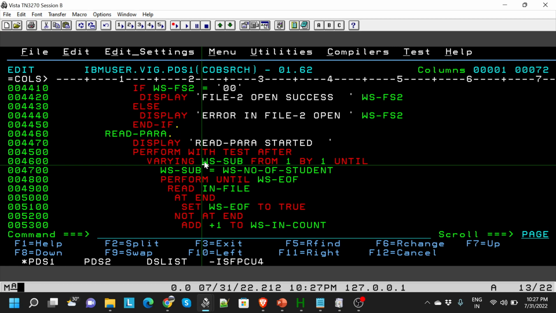No, it's not set state. Yeah, add one to the subscript, correct. Add plus one. But for an index, yeah, set index up by one, correct. Set index down by one, up by one, right? You know that. Yeah. So here,